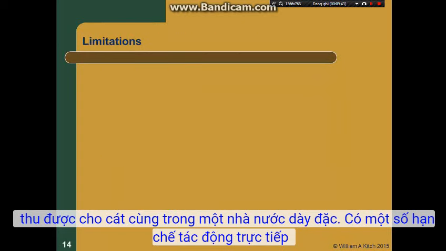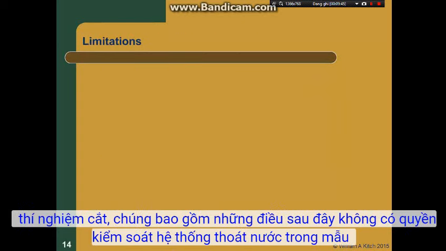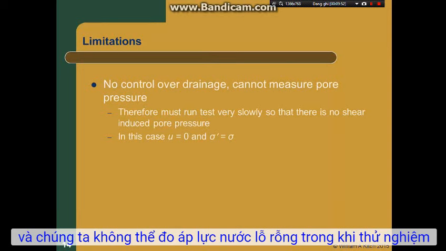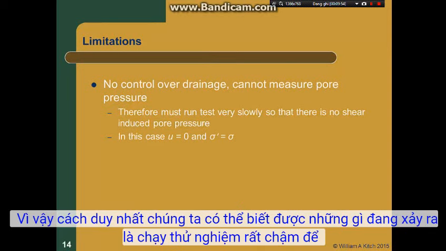There are a number of limitations to the direct shear test. These include the following. There is no control over drainage in the specimen, and we cannot measure pore pressures during the test. Therefore, the only way we can know what's really going on is to run the test very slowly so